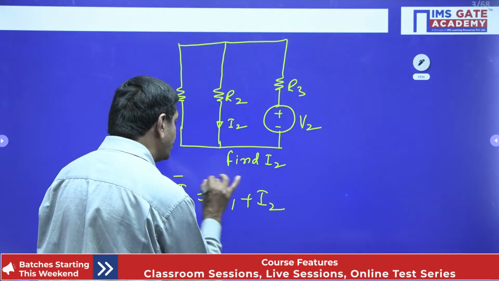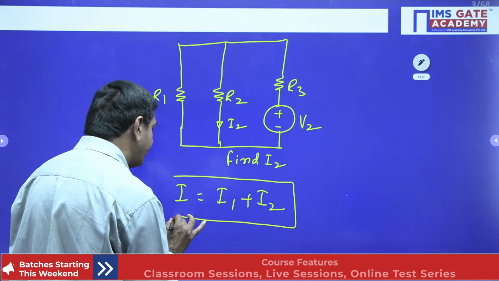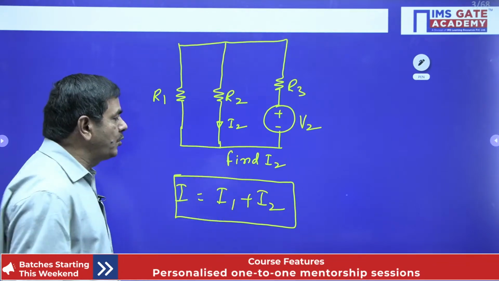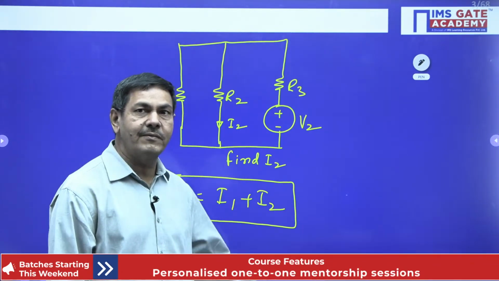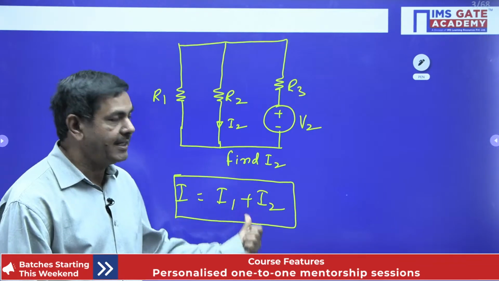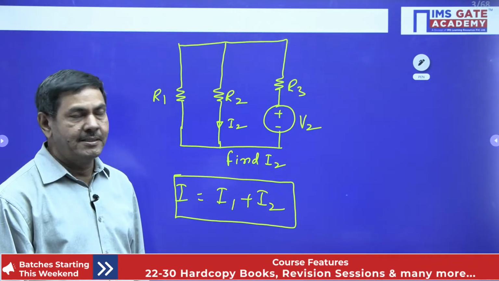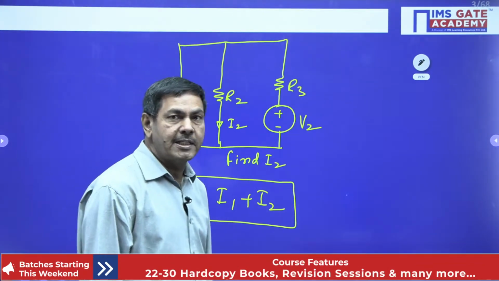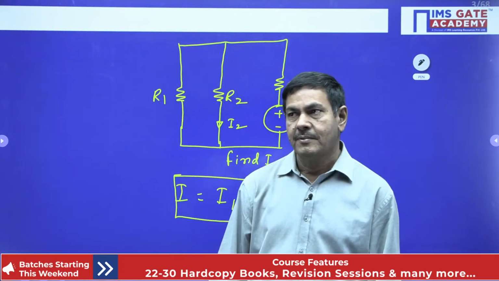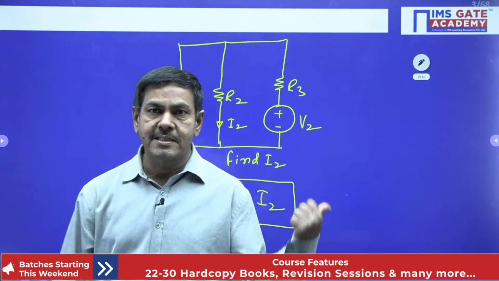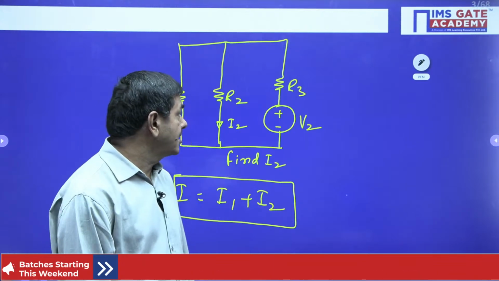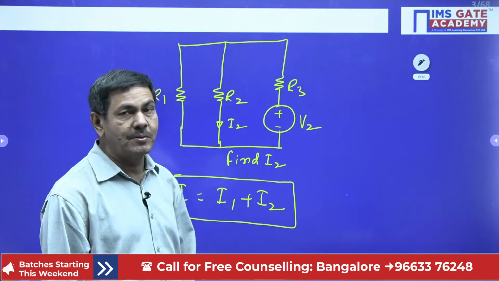I1 plus I2 is the current which is passing through R2. That way we need to calculate current I. Not only the current, even if you want to find the voltage across any resistor, you can use the same conditions. Suppose you are asked to find the voltage across R2,